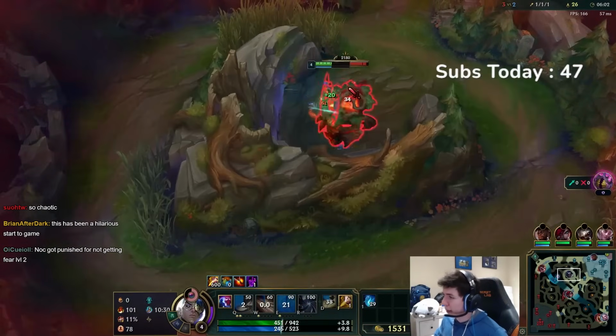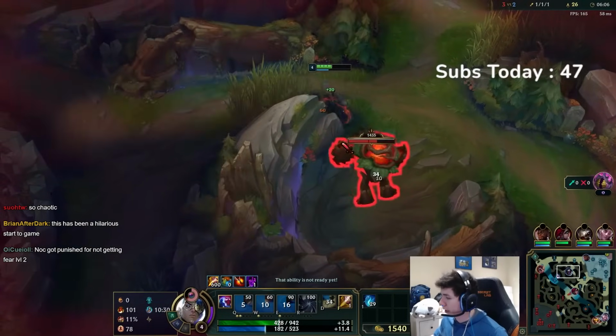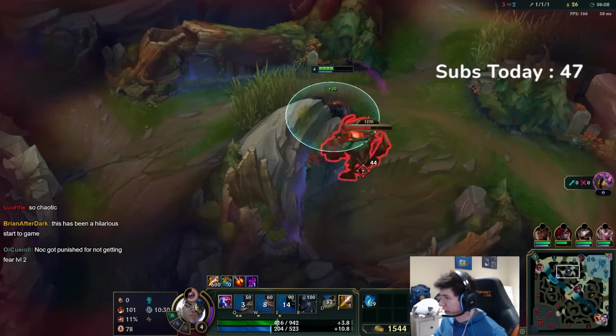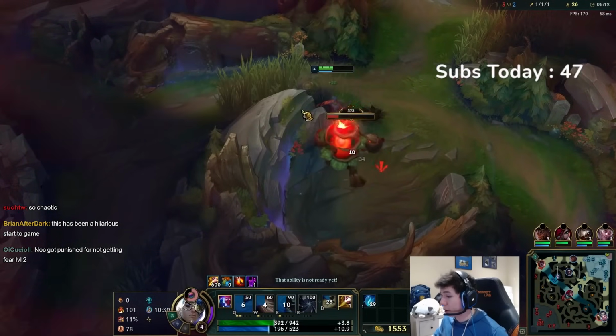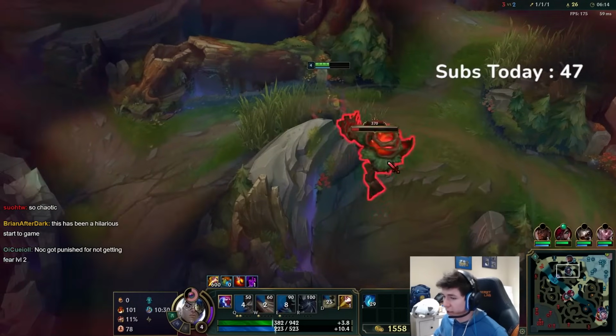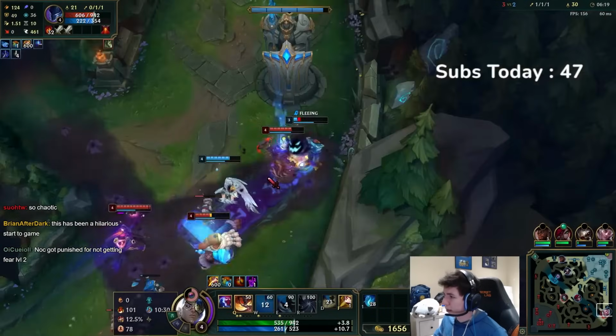He could go straight to my bot side, but you have to factor in, would Nocturne with no flash go into the opposing enemy, or the opposing jungler's jungle? Probably not. He might have though, if he's really ballsy and just feels like, why not? He could, but most of the times they're not going to do something like that. Hey, he did do something like that. He literally went to my...